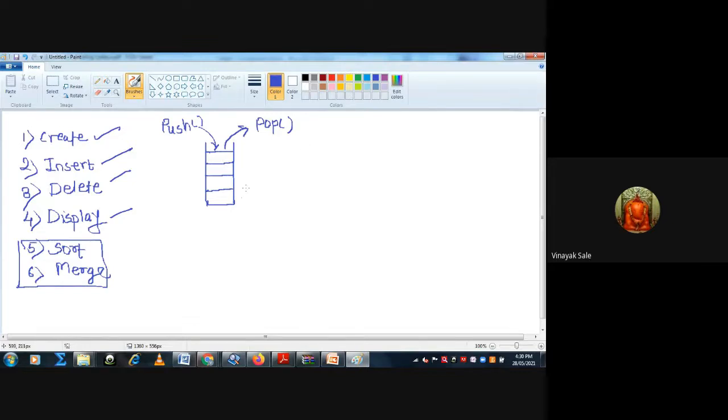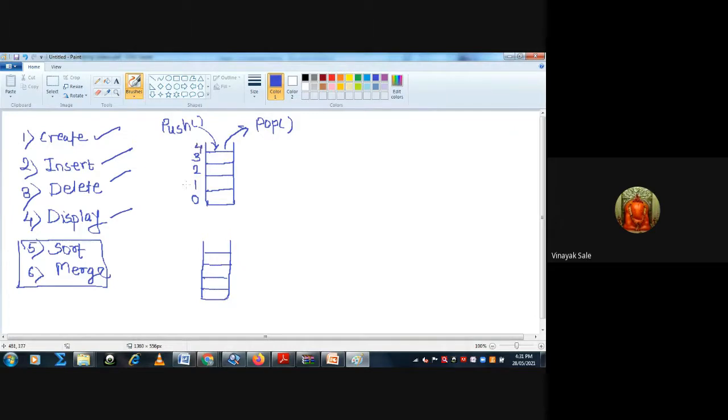Initially, whenever a stack is created, you have to declare that your stack pointer is -1, because a stack is like an array, and an array starts from 0. Array starts from 0, so stack also starts from 0. Then the last element is at size minus 1.